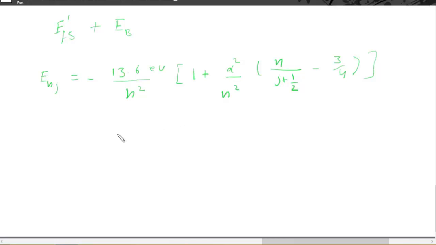Now this energy depends upon the values of n and j, and also on the fine structure constant. Okay, and the fine structure breaks the degeneracy in L, and for a given value of n, the different values of L do not all carry the same energy. Okay, now suppose